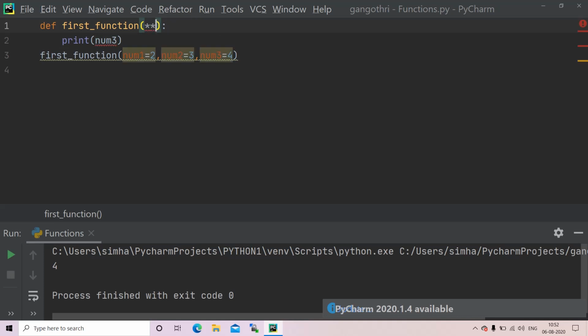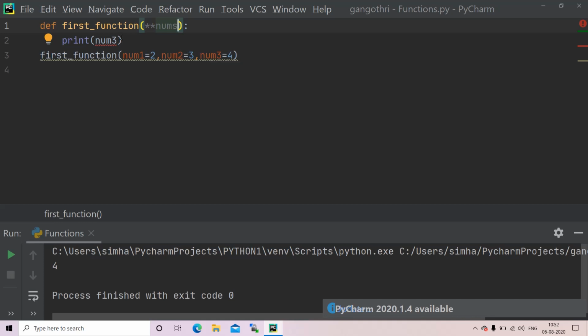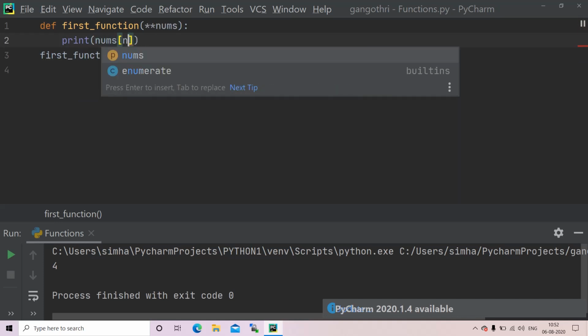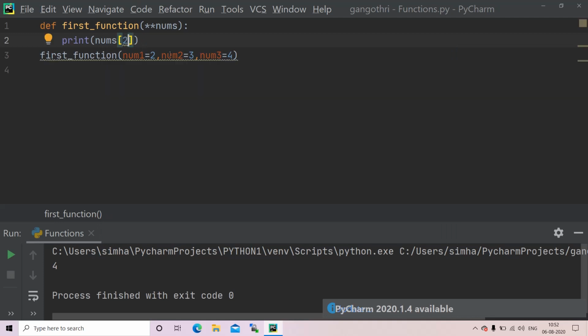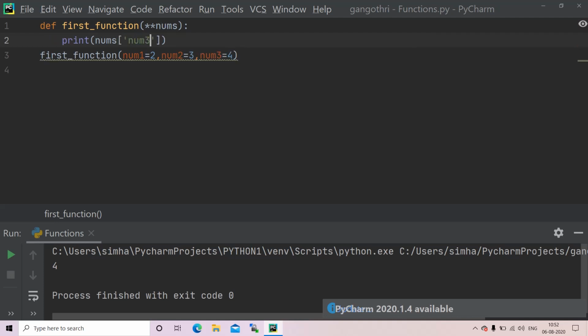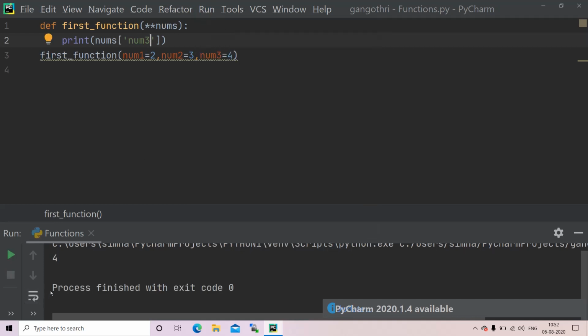Okay, nums, now I'll print nums of, this time I'll take 2, which is indexing 2, or else I'll take the keyword arguments, right? So I'll take num3. Okay, I'll run my program now. Yeah, it has again returned me 4. In this way you can have arbitrary keyword arguments and arbitrary positional arguments.